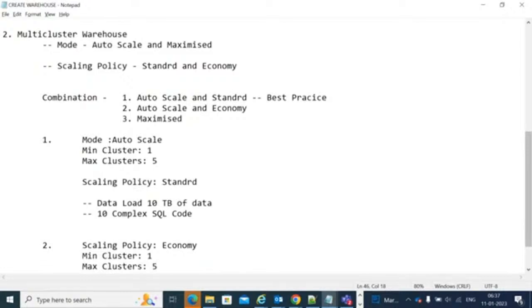Here also you will select the maximum and then minimum number of clusters like this. What it will do, if you select the economy, in case of a standard, whenever you upload the data or whenever you submit your complex queries, it will calculate and then it will increase. What this economy will do, suppose you submit 10 SQL queries to your Snowflake, it will calculate that internally